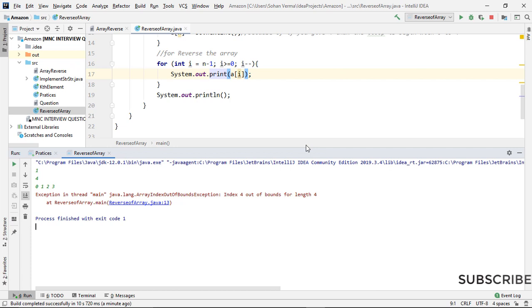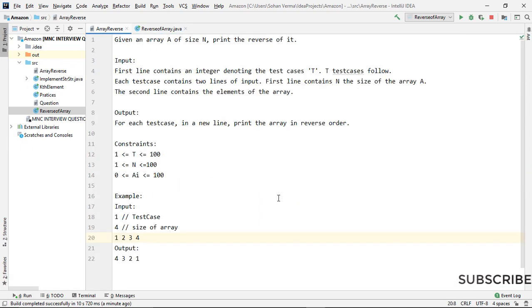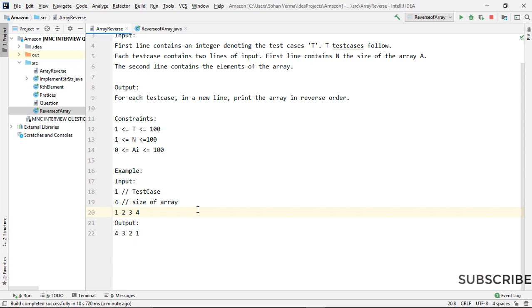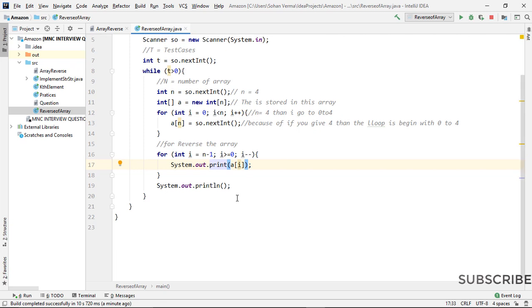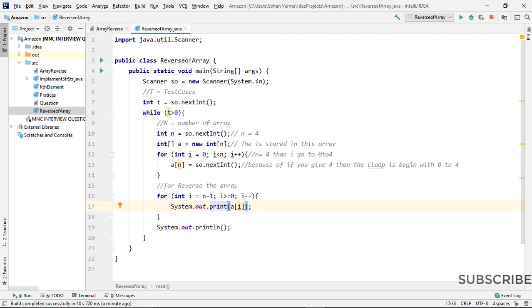Okay, so what was the error? Index 4 out of bounds for length 4. So first of all, we go and check our code. We have the test case loop and the for loop with I equals 0 and I plus plus, and it's storing there.